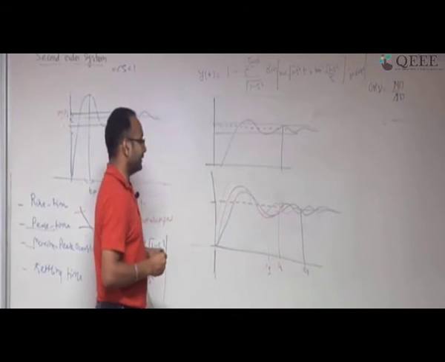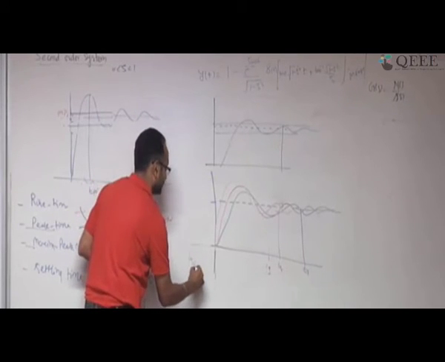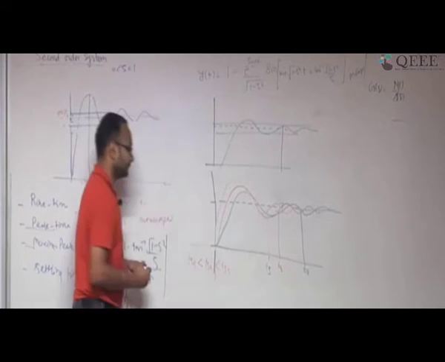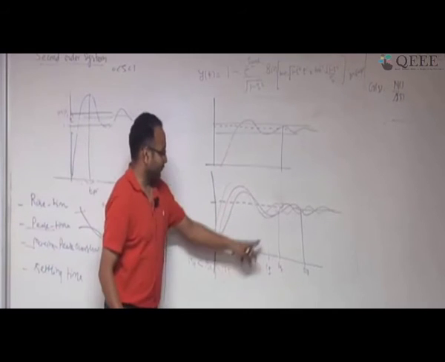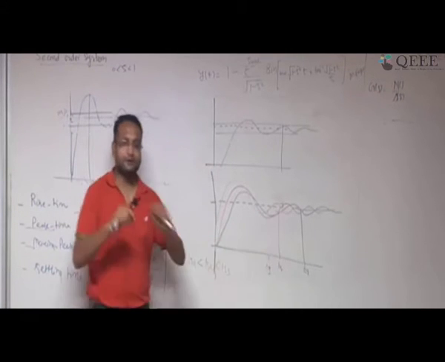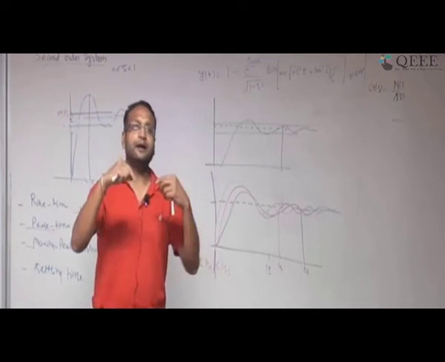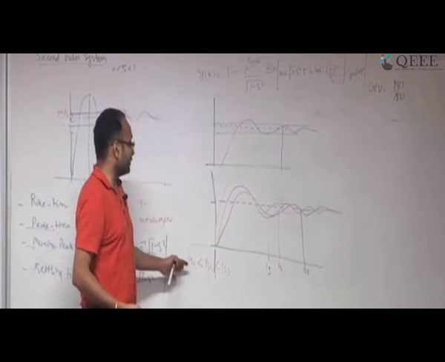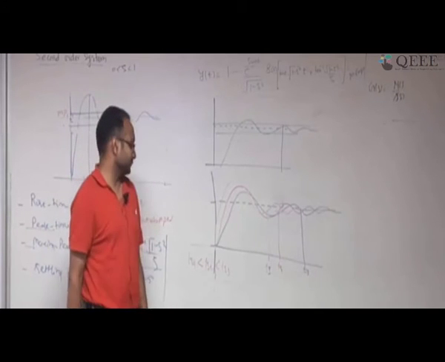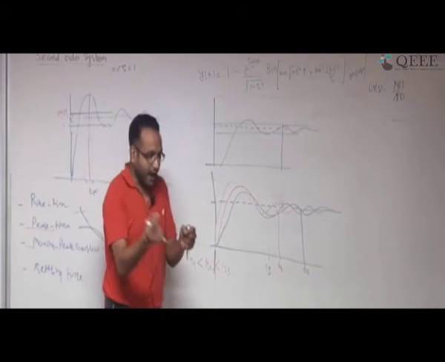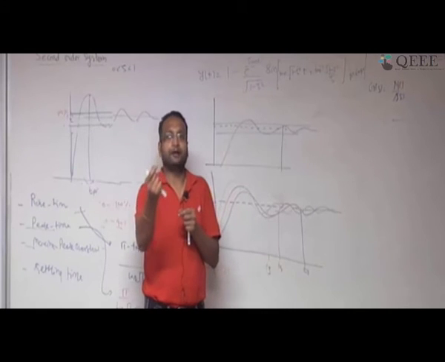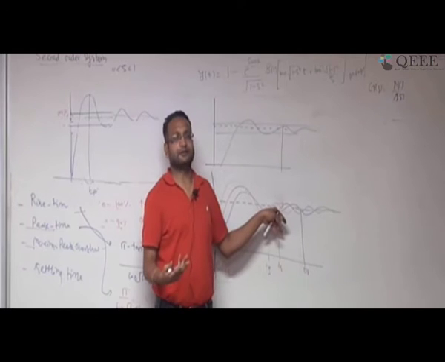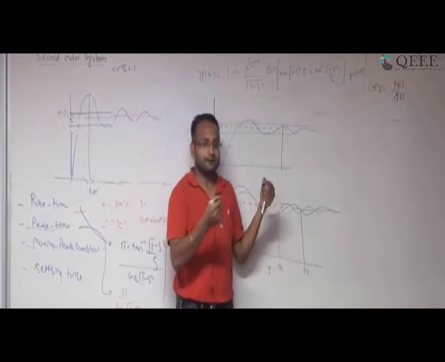So here what will happen? The settling time ts1 will be less than ts2, ts3, correct? What is desirable? This settling time, because I am entering the tolerance band very quickly, and that is desirable. So I want my settling time to be as small as possible. As I mentioned, I kept reducing from zeta equal to 0.9 to 0.7, I enter the tolerance band earlier, that is desirable. Now I reduce it further, desirable.